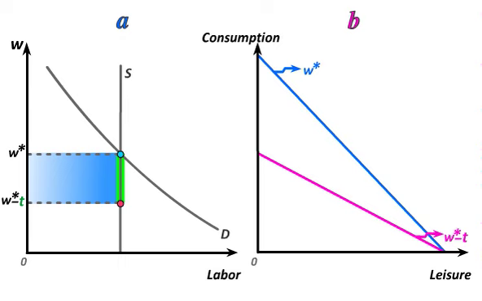Here, the consumer side is really the worker side because the worker's part of the equilibrium emerges from the consumer model. And to see where the deadweight loss is coming from when worker tastes are not quasi-linear in leisure, we have to go to the consumer picture, where we plot the initial budget constraint at the higher wage W star and the after-tax budget constraint at the lower wage W star minus T.